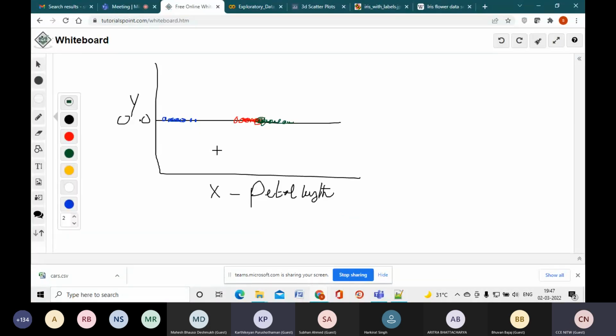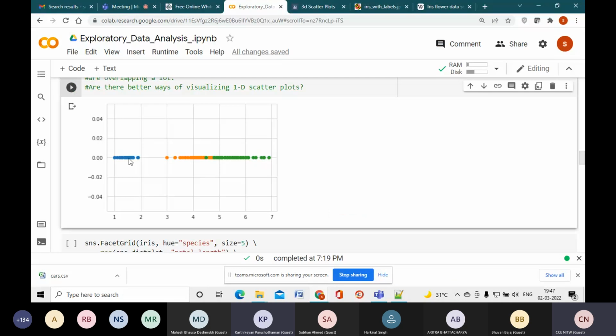Now, this is the same graph I'm trying to mimic here. I can't say how many points are there if there is overlap, with sepal length or petal length. In order to overcome this problem, what if